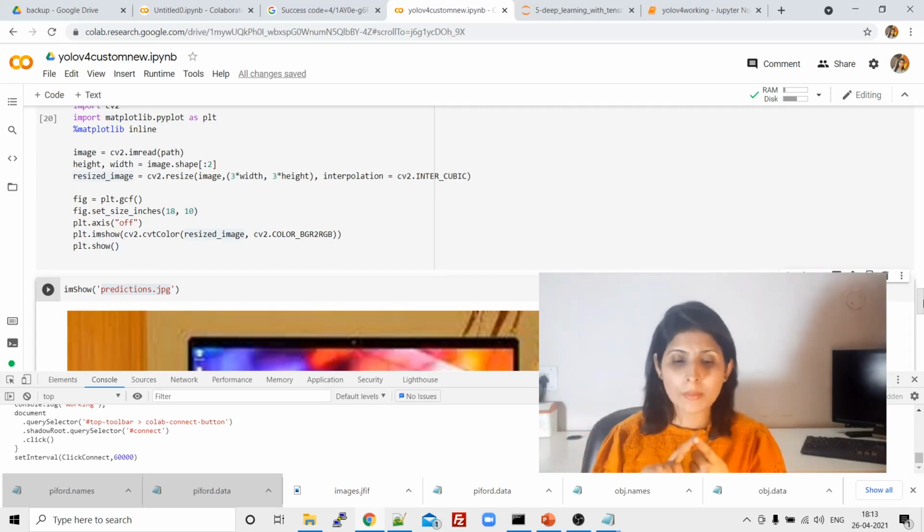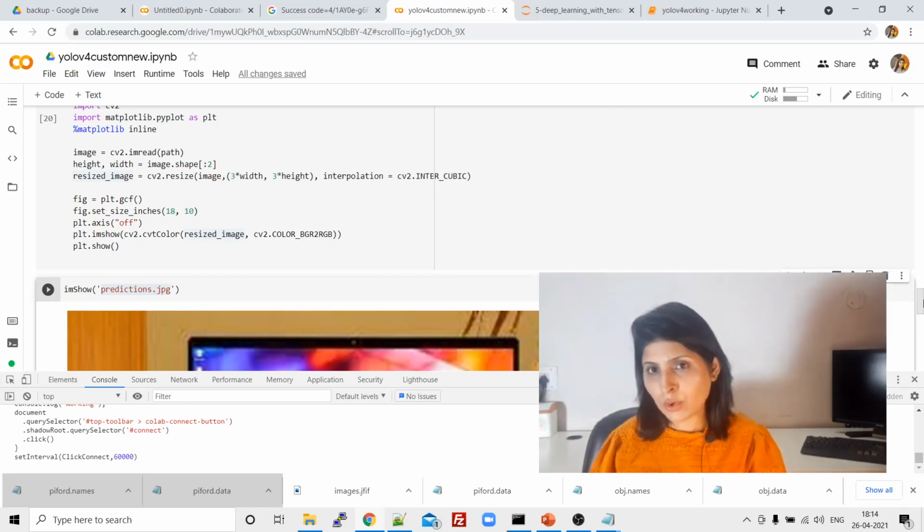Just remember, we are using the bbox tool to annotate our images, and we are uploading everything on darknet. And guys, don't worry, I'll share this whole code which I've explained to you. I'll share each and everything on my GitHub, and that link is given in the description section. You can download that code and try it yourself.